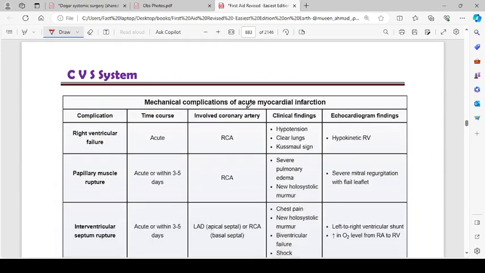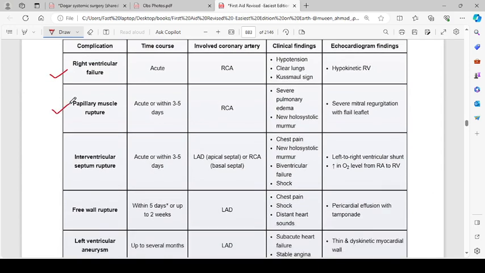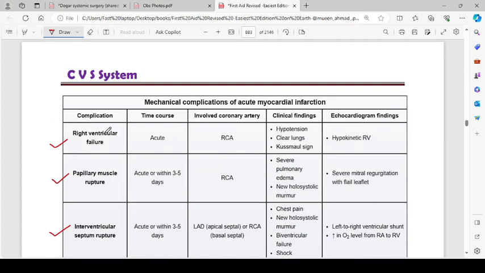Okay, then we have mechanical complications of acute myocardial infarction. So these are the mechanical complications. Let's read the names first. Right ventricular failure, papillary muscle rupture, interventricular septal rupture, free wall rupture, and left ventricular aneurysm. So what is right ventricular failure? The time course is acute, and the involved coronary artery is the right coronary artery. If the right ventricle is not functioning, there will be hypotension, the lungs will be clear, and there will be Kussmaul sign. It will be similar to right heart failure. So basically if it is right-sided heart infarction, these symptoms will be there,